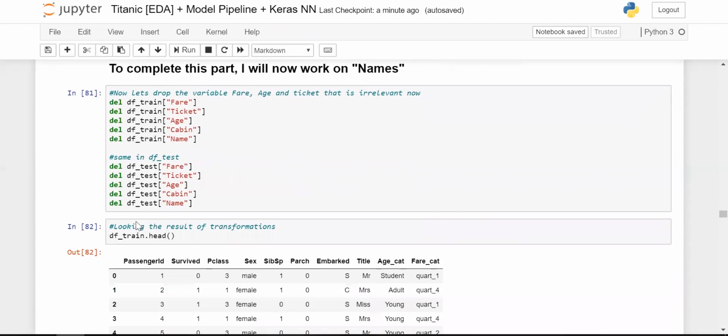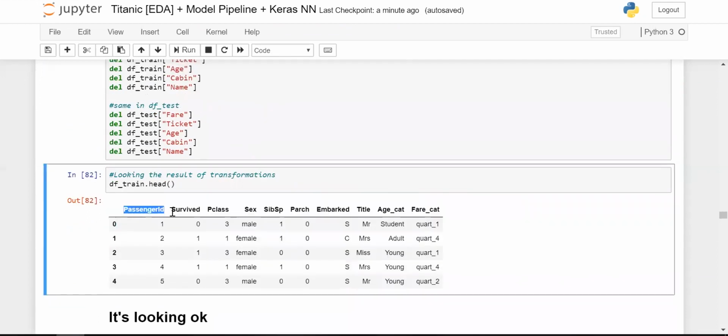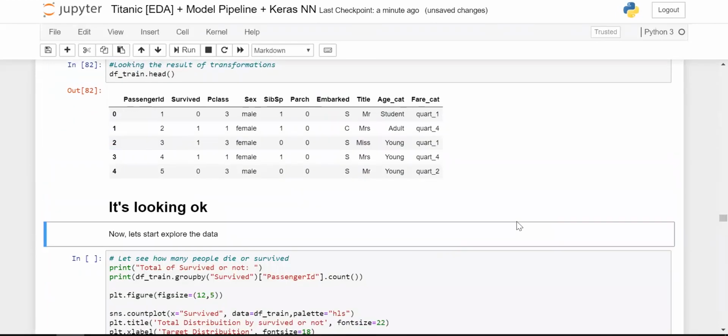So these are the features that we have generated. This is the passenger ID, survived or not, passenger class, gender, sibling spouse count, parent or children count, embarked from which city, S, C, and Q denote which city the passenger has embarked from, title, Mr., Mrs., Miss, officer, age category, and fare category. All of this we have generated here as our own features. Now let's move on to